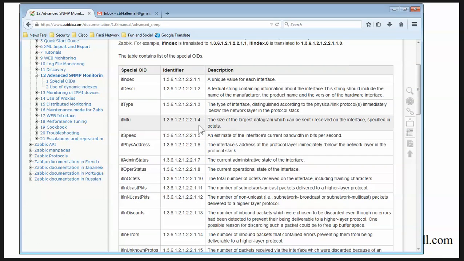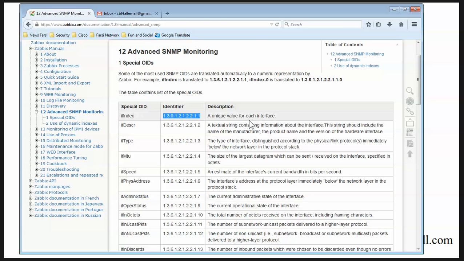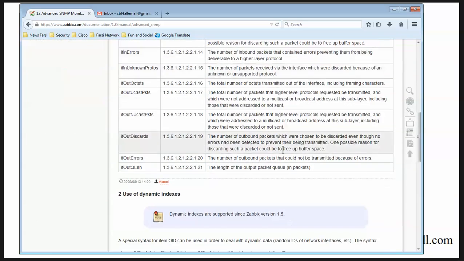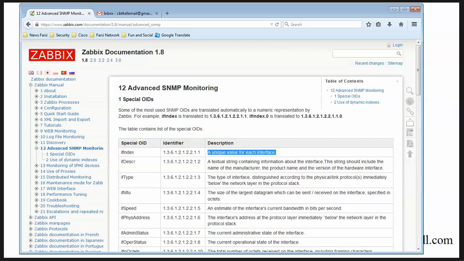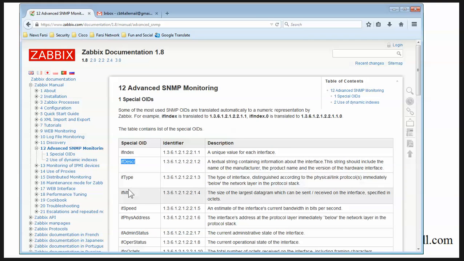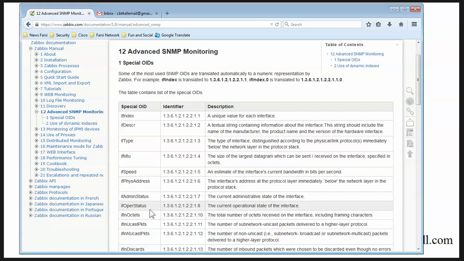Here we have different names, specific names, different IDs or OIDs, and the description. You can study this and get information about SNMP OIDs. So the issue is, when we are talking about interfaces, we have a specific one. Let me show you here. I think I found it. Here they are for interface. Here, for example,